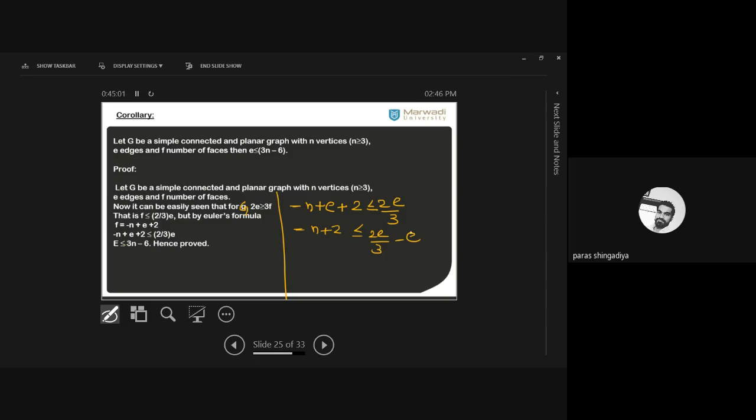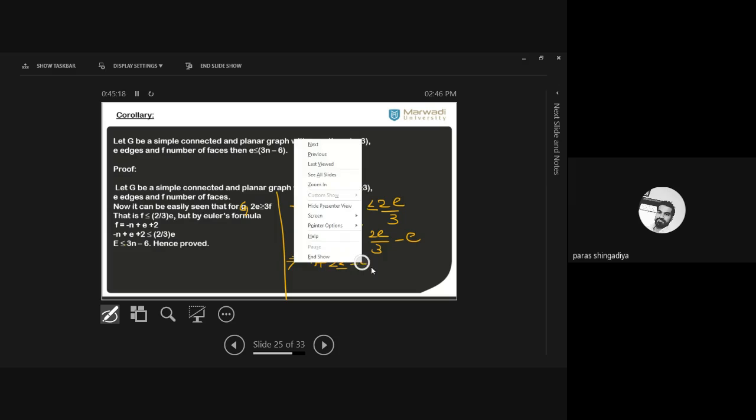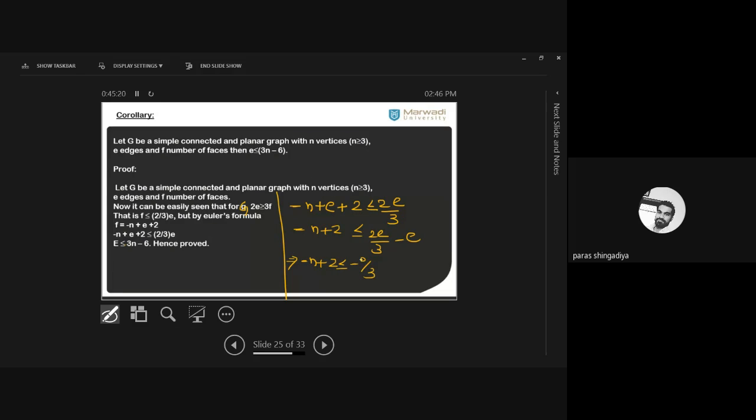Okay. So what is remaining? Minus N plus 2, here it is as it is. 2e by 3 minus e. Take LCM 3. So what is remaining? 2e minus 3e divided by 3. Clear? So what is the answer? Minus e by 3. Is it clear? LCM लेना है वहाँ. 2e minus 3e divided by 3, तो ऊपर क्या बचेगा, minus e, denominator में क्या रहेगा, 3 only. Okay, minus e by 3.